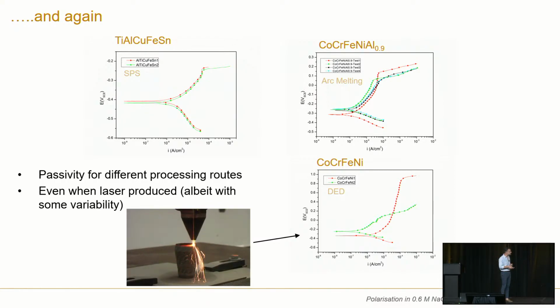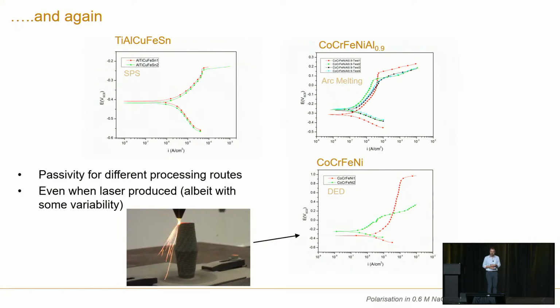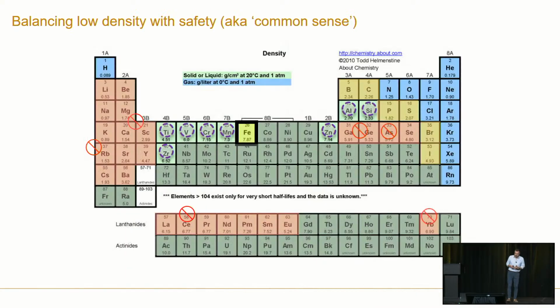And then the reason why I show this one with the video, I don't have time for everything, you still saw passivity in this particular alloy, albeit with some variability. And that variability, I won't talk about that today, but that was a result of the process that we used to make it. So that was done by direct laser deposition or directed energy deposition. So this was made by spark plasma sintering. This is made by arc melting. So I'm just showing a different variety of how you might actually make these things. So it turns out that we were completely flawed and that these high entropy alloys, by and large, were really, really corrosion resistant.